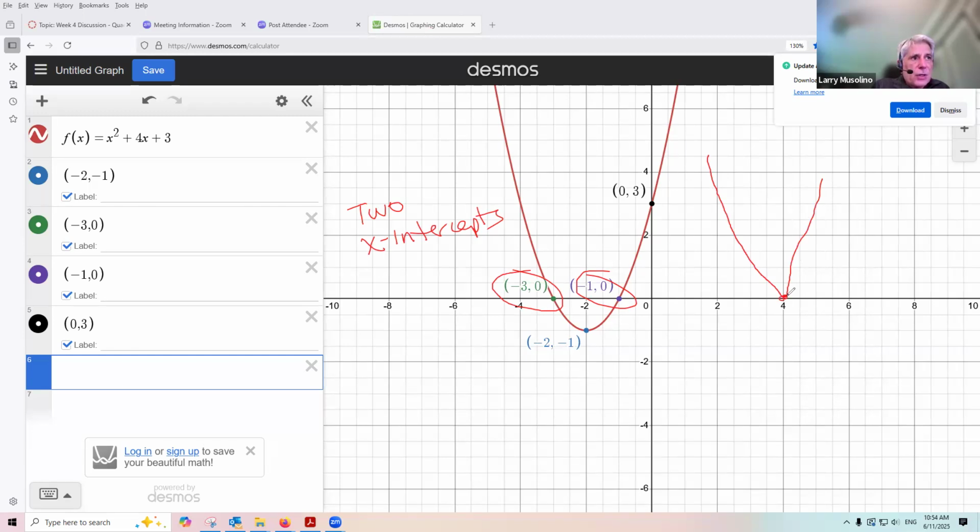It might touch the x-axis here at one point only. So this is one x-intercept. And it can also be that there are no x-intercepts because the graph could do something like this, doesn't cross the x-axis at all. So there are no x-intercepts. All right, I hope this is helpful as you're working in